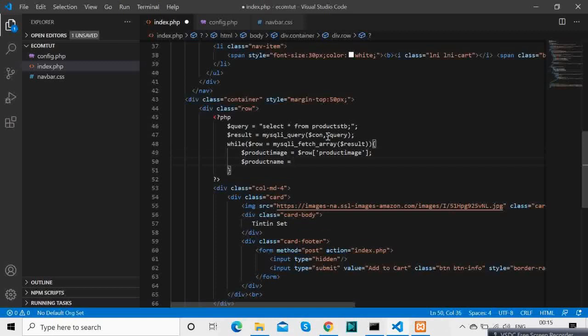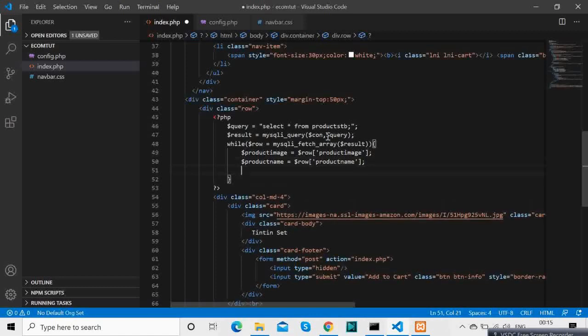You might be confused, as I once was, but there are several ways of writing the same PHP thing. There are PDOs, you can use MySQL connect, you can use object-oriented PHP. There are multiple ways you can write it.